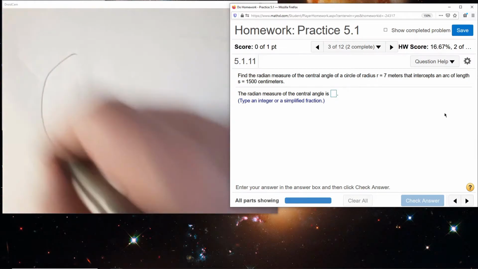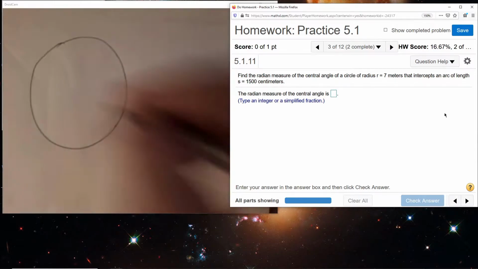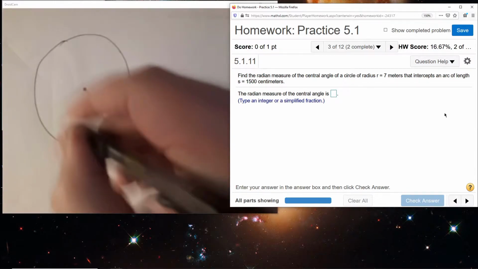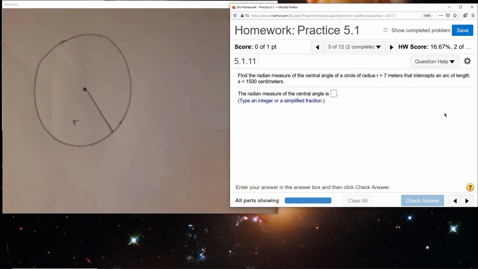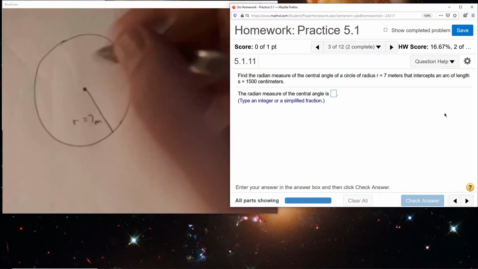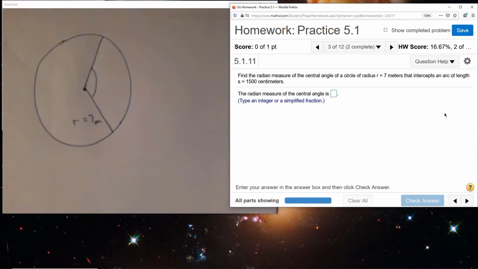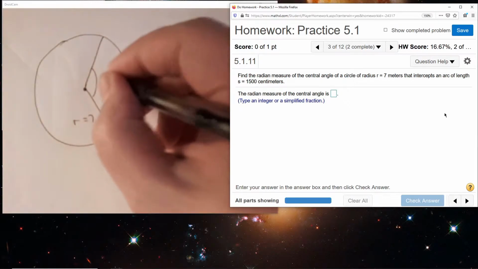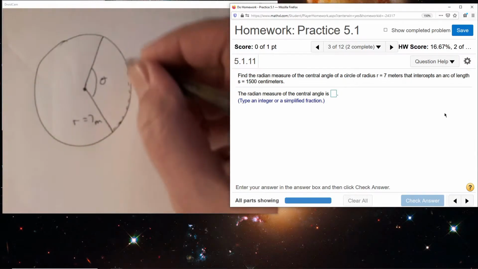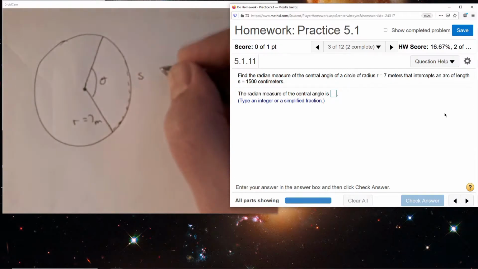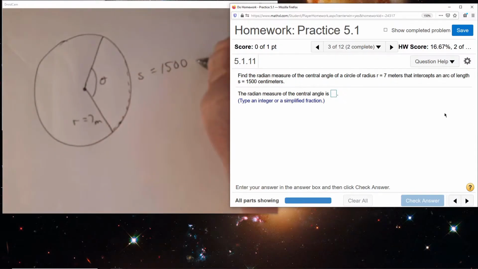So again, we have a circle, and we have some radius that is 7 meters. And we're going to sweep through some angle. Unknown angle, but we know the distance we travel here, the arc length, is S, 1,500 centimeters. Uh-oh, being a little tricky there. So we have S, R, and theta, which means we can go right to the S equals R theta formula